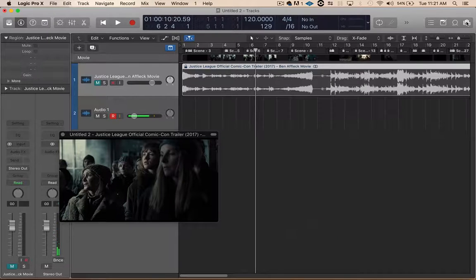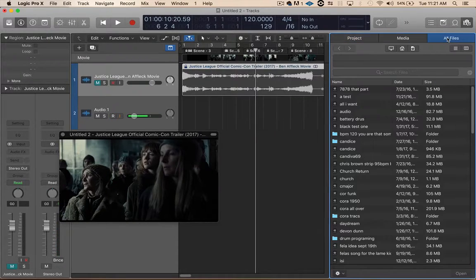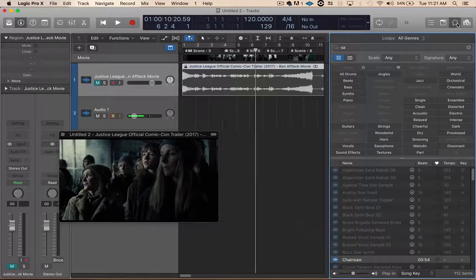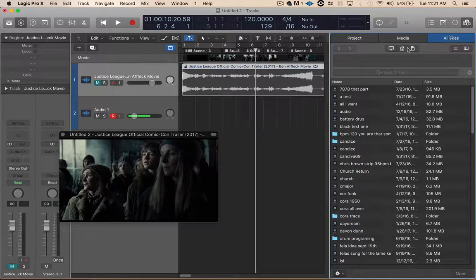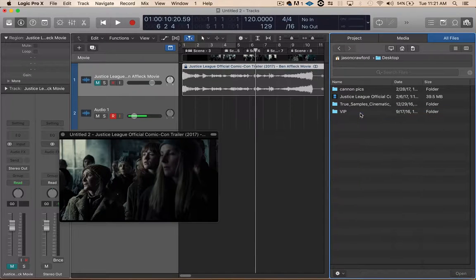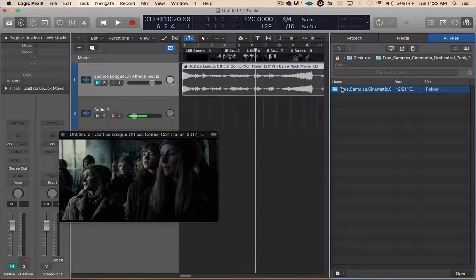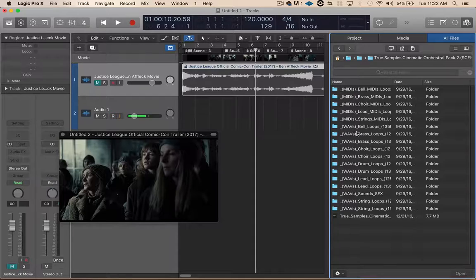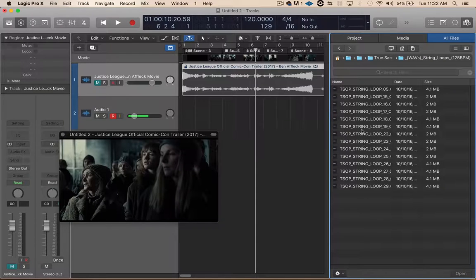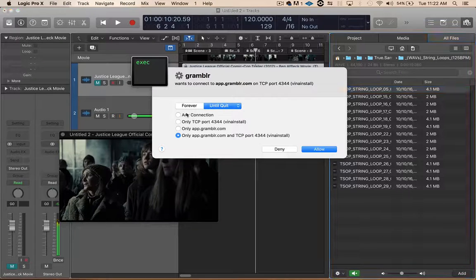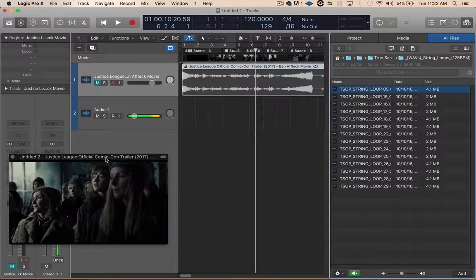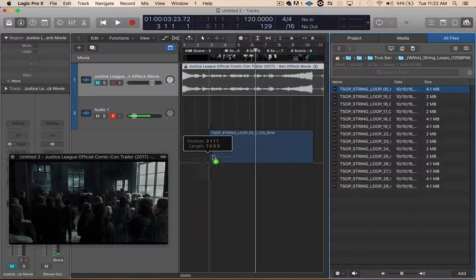So what I want to do, I have some sound effects on my desktop. So I'm going to go right up here. There's the loop icon. I'm going to go to all files, go to my desktop. I'm taking the long way around. Right here it says True Cinematic Samples. So this is a third-party sample. I know that I gave you all some. But I'll go down here to Waves. I want to go here to, let's see what the strings are. I kind of like that, so I'm going to click and drag this into either right here or right here